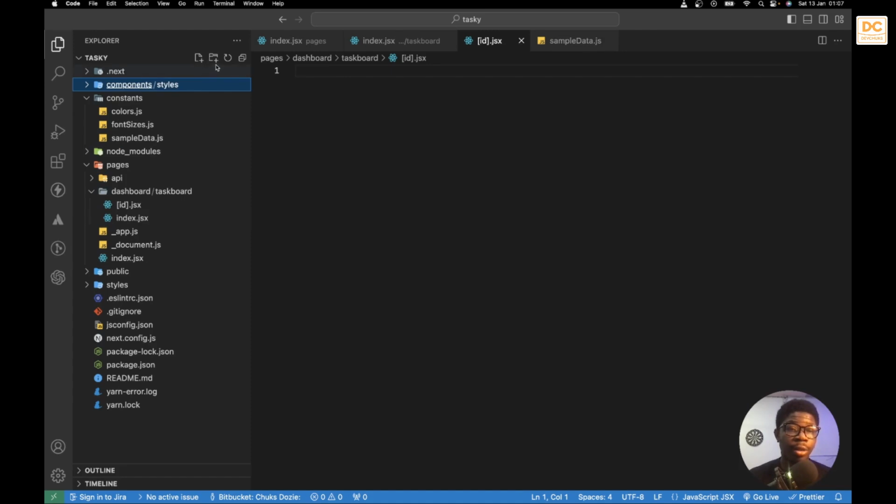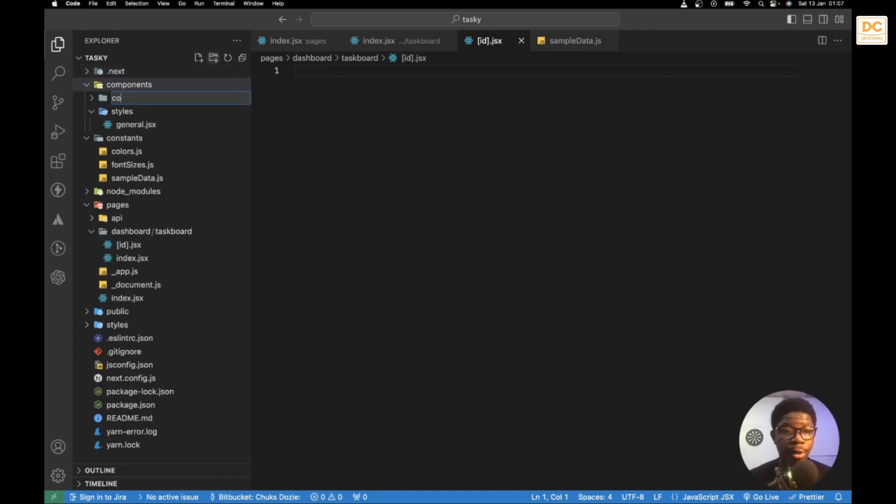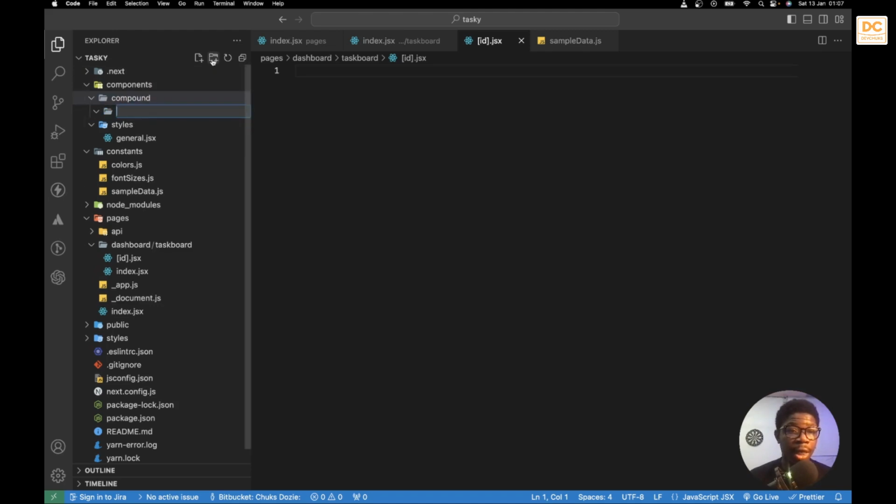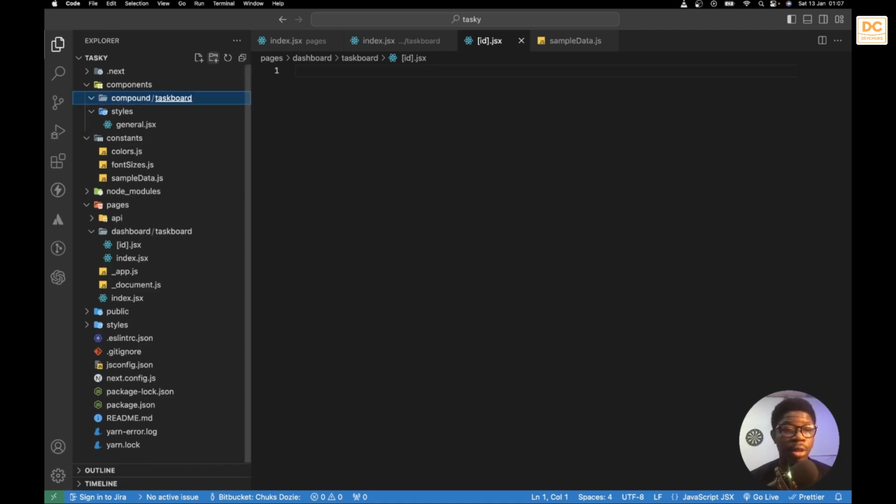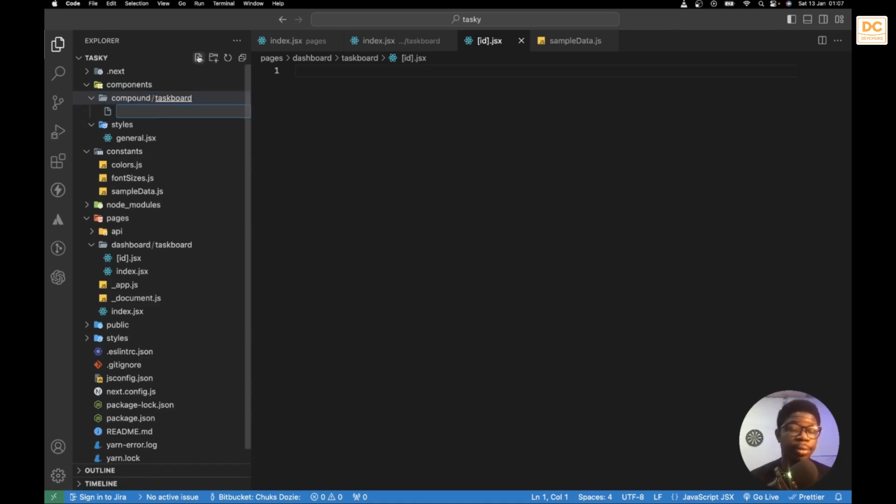Up here in components, I'm going to create a group of components called compound components. Compound components are a little bit complex. In here, I'm going to create taxboard. No, this is a group, the folder. All right, then in the taxboard, I'm going to create something like taxboard